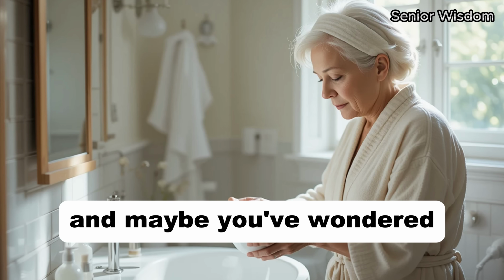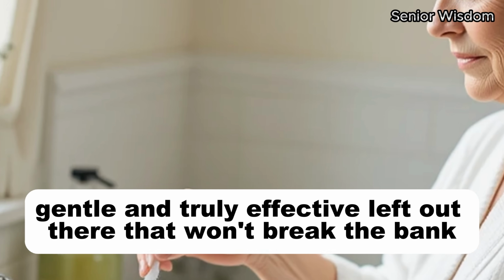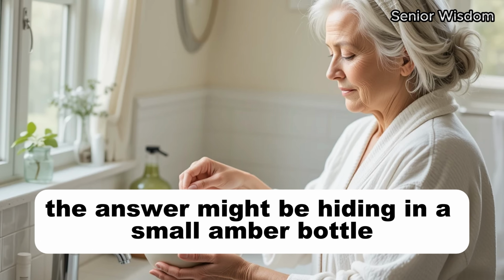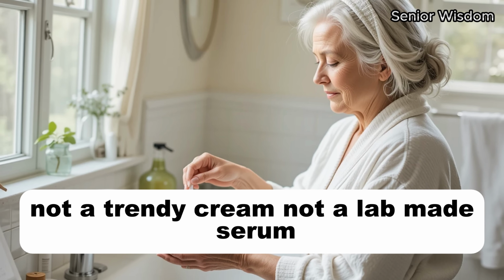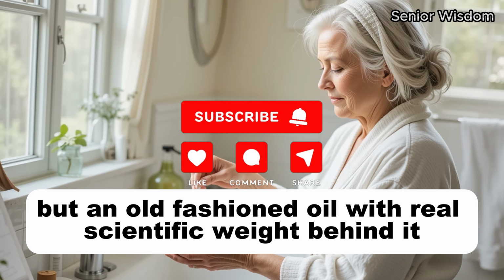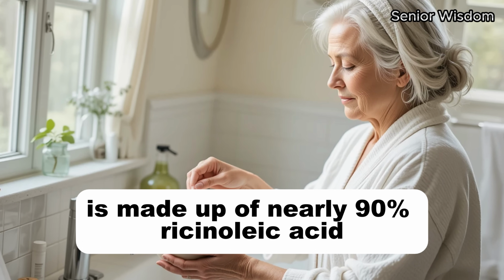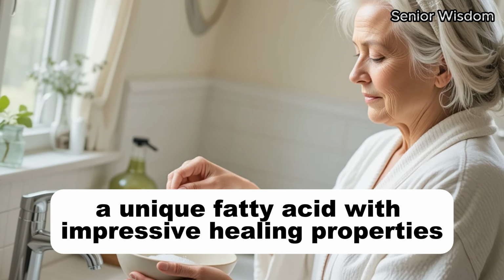And maybe you've wondered, is there anything simple, gentle, and truly effective left out there that won't break the bank? For many older adults, the answer might be hiding in a small amber bottle, something called castor oil. Not a trendy cream, not a lab-made serum, but an old-fashioned oil with real scientific weight behind it. Castor oil, especially in its purest form, is made up of nearly 90% ricinoleic acid, a unique fatty acid with